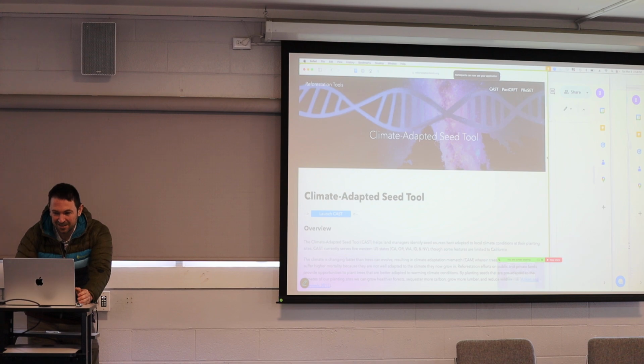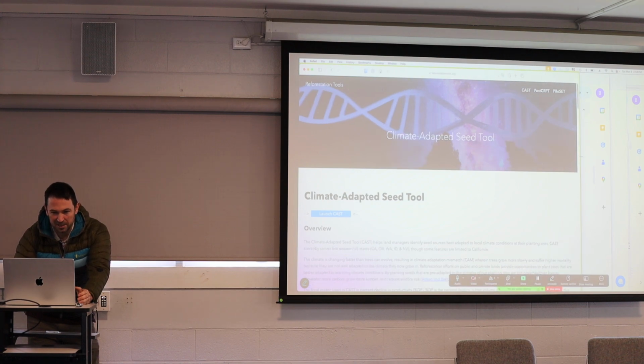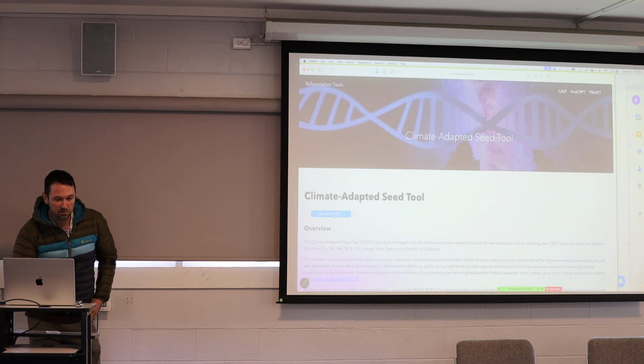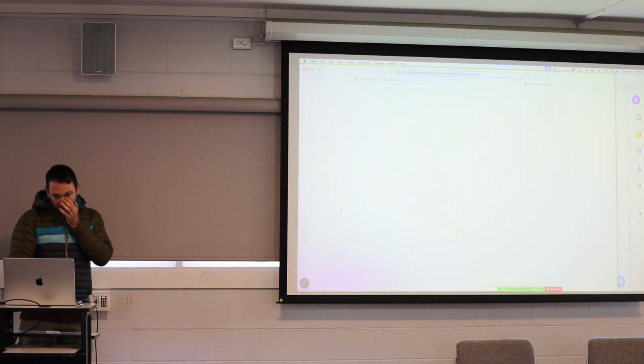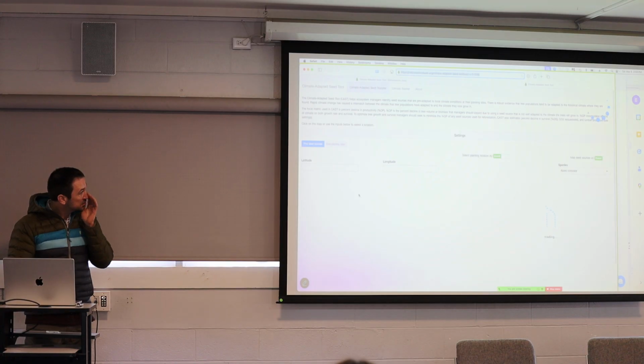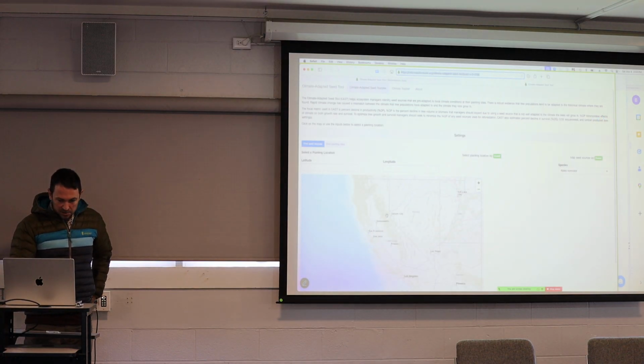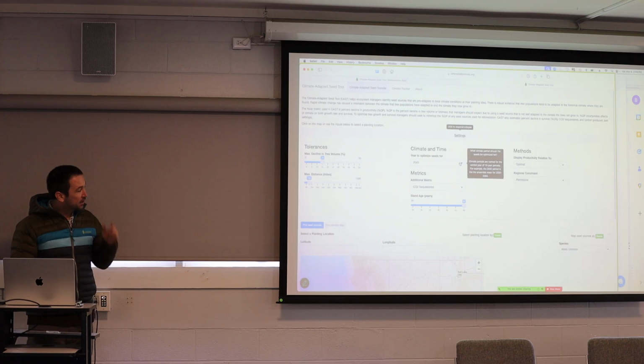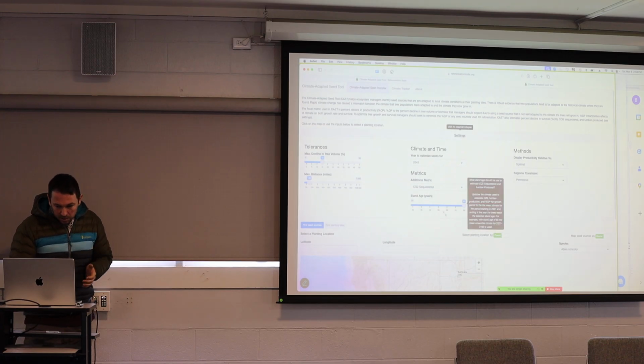Okay, so this is the landing page for the Climate Adapted Seed Tool. You can find it at reforestationtools.org. And if we click on Launch CAST, it's going to take us into the tool. So we've got the tool right here. It's set up to have sensible defaults, things that we can change. So it's currently optimized to find seeds for the climate about 20 years in the future. And then